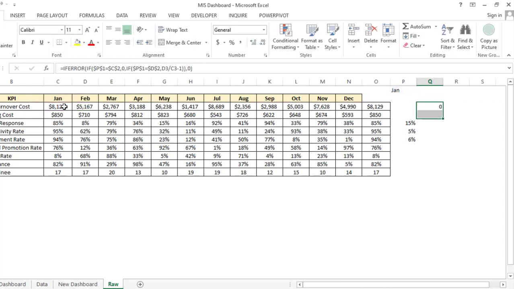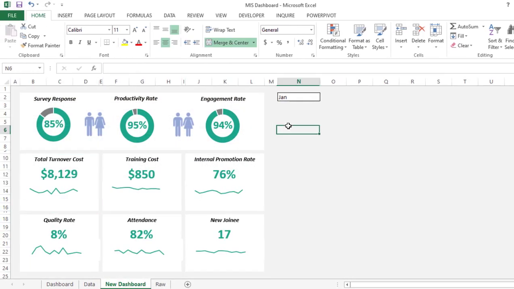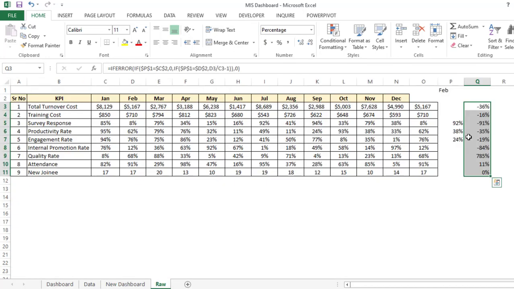So now it's showing as a 0 because the month is selected as Jan, right? We'll drag the formula down also. We'll make it as a percentage. Okay, now we'll test this one if it is working or not. Now we'll change the month to the Feb. Okay, now if we'll go to the raw data, now you can see minus 36% versus the previous month.